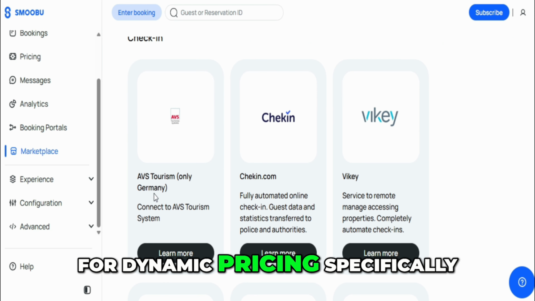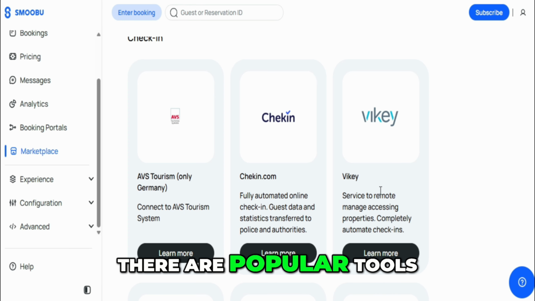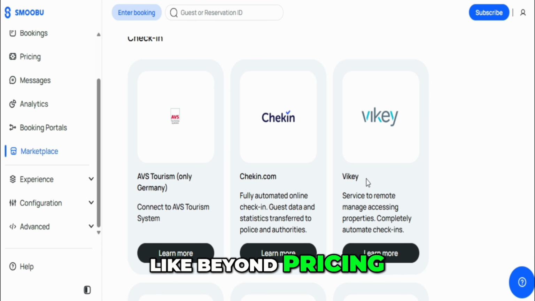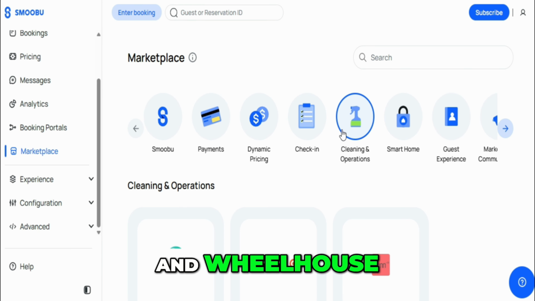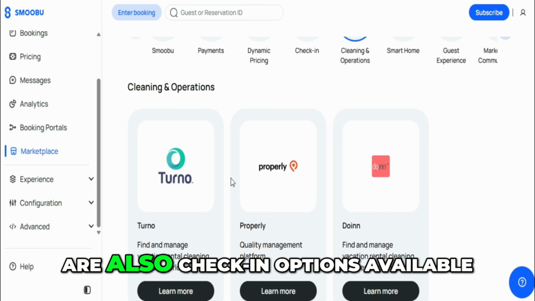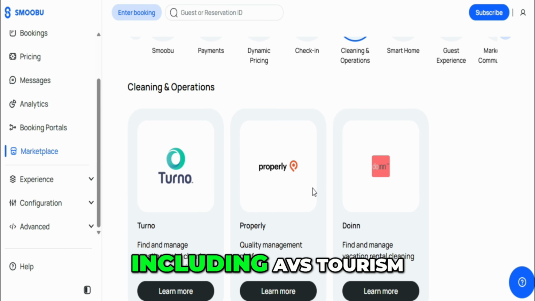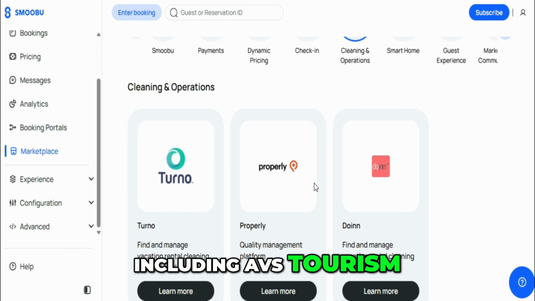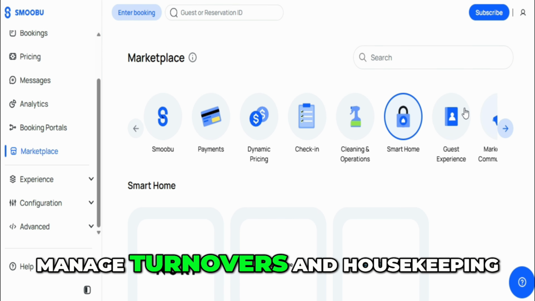For dynamic pricing specifically, there are popular tools like Beyond Pricing, Price Labs, and Wheelhouse, which many hosts use to fine-tune their nightly rates. There are also check-in options available, including AVS Tourism, checkinin.com, and Wiki, which can help streamline guest arrivals. For cleaning and operations, you'll find integrations like Turnover NMB, Properly, and DoIn to help manage turnovers and